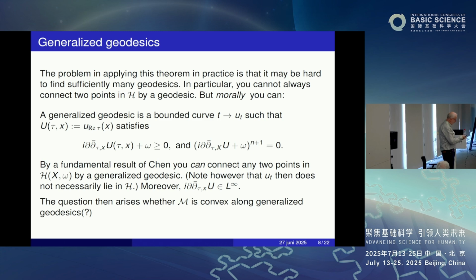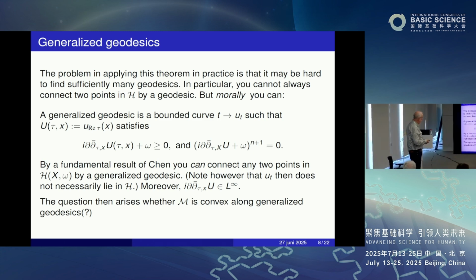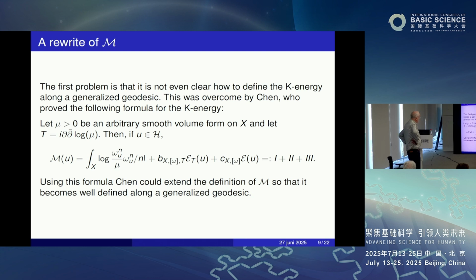But philosophically, I guess the main ingredient here is Mabuchi's theorem. Okay. Now, the first problem is that it's not even clear how to define the K-energy if you just have a generalized geodesic, because it used things like the scalar curvature of the metric, and if the metric is not smooth, how can you define the curvature and the scalar curvature? But this was overcome also by Chen, who proved the following formula for the K-energy. So the formula I wrote there, in order to write it down, you start with an arbitrary smooth volume form that I call mu on the manifold,